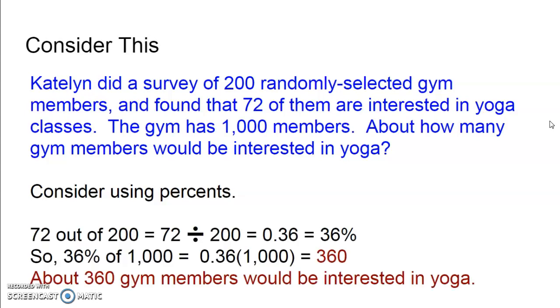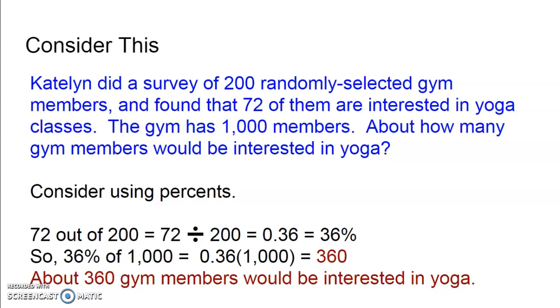It's like, okay, 72 out of 200. So I just did 72 divided by 200. That gave me the decimal 0.36 or 36 hundredths or 36%. But you guys, 72 out of 200. Maybe a quicker way to do that would just be to divide 72 in half, because it's really, the